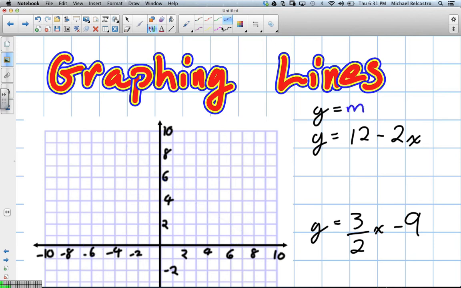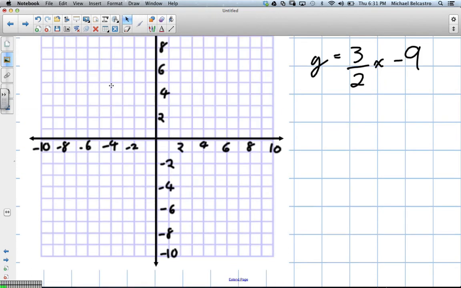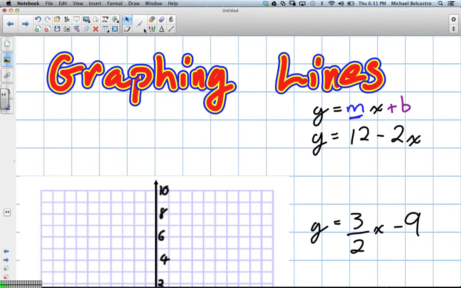Okay, so what we're going to do is reference an equation we've been taught before that says y is equal to mx plus b. Okay, and our m stands for slope. So let's talk about that. I'm going to move this graph down so we can talk about slope a little. Our slope, m,